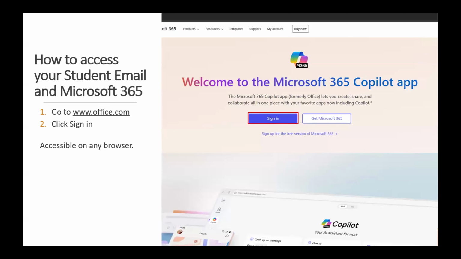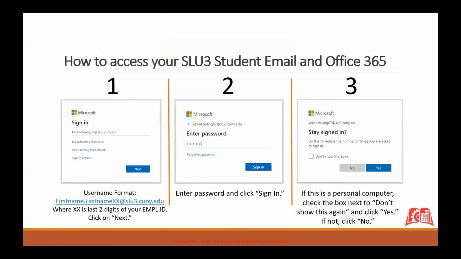Now to access your student email, you would go to office.com and click sign in. Here, you will enter the provided student email credentials sent to your preferred email when you first started your CUNY application. Your student email is very similar to your CUNY First username, except that instead of @login.cuny.edu, it is @